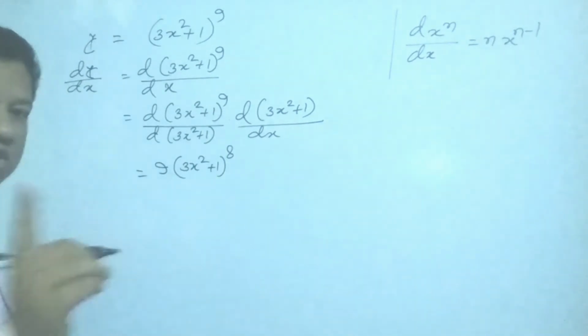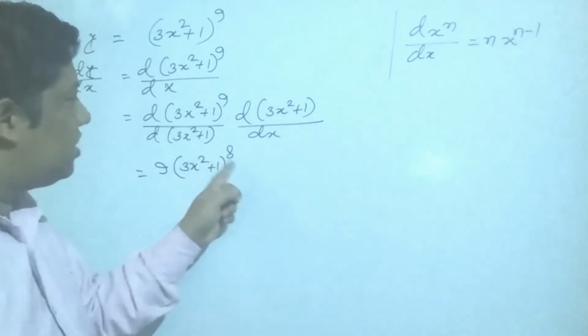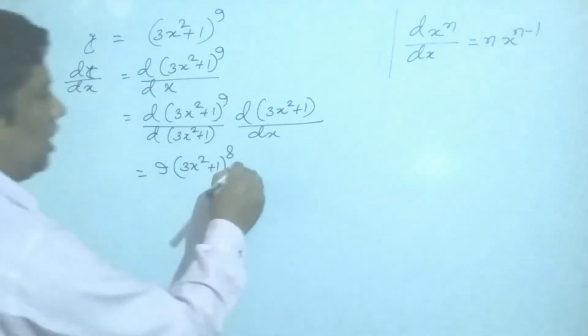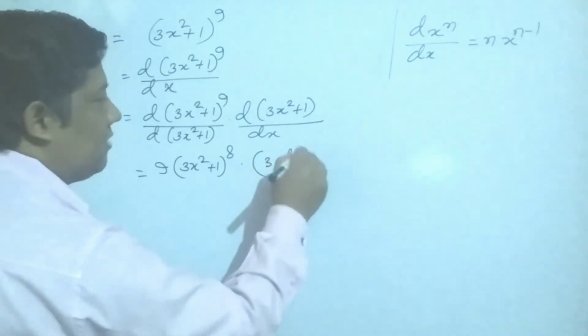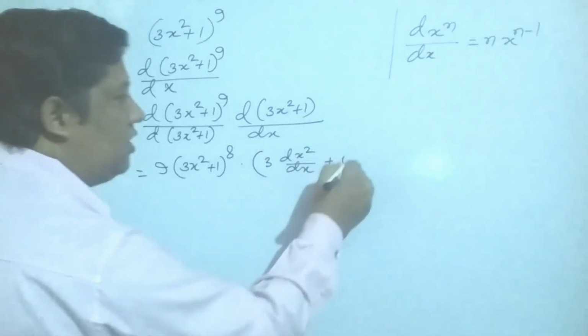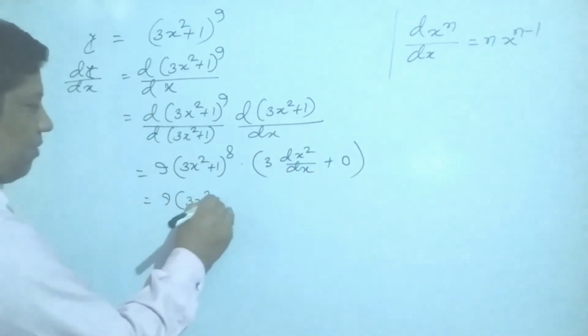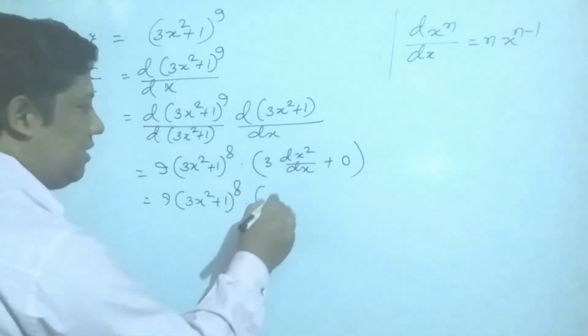So my students, just my one question: power you have to subtract. This number comes back side, and now I have to add one, or I have to calculate, subtract from the power. Take the minus common. Again, if I take the minus common from 3x square upon minus A, dx, then I get A minus B, differentiation of the remaining coefficient portions. I have to write as it is. So you get 9, 3x minus A square plus 1 power 8, B minus C, and from this side, then 6x.